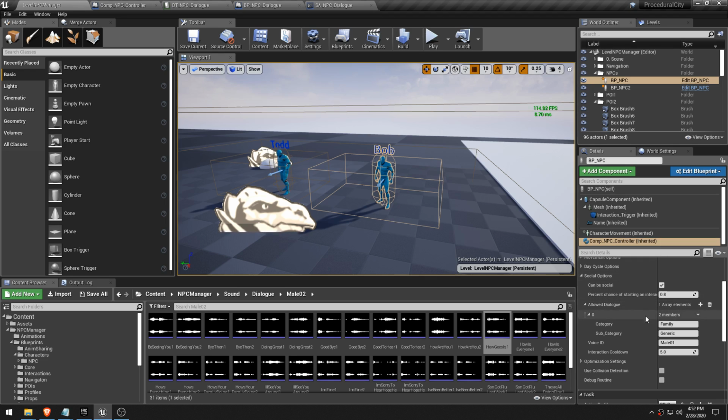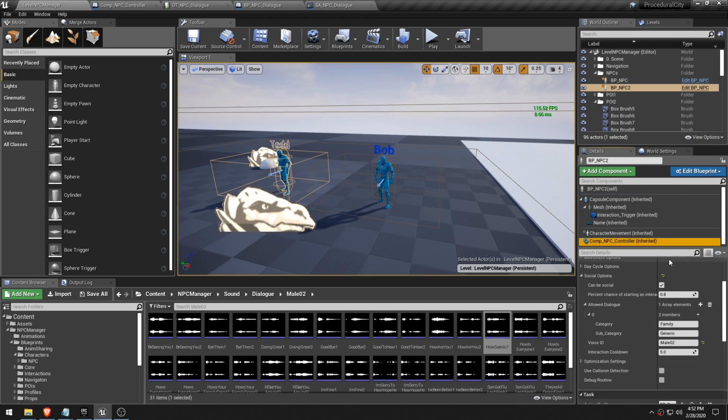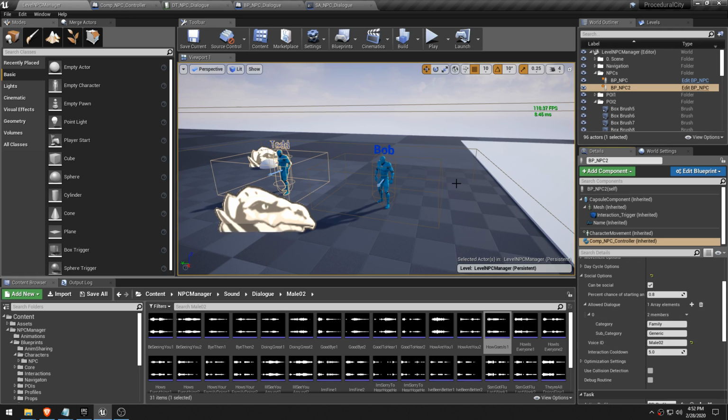And notice that I say the voice ID is male 01, because I'm basically saying Bob is going to use the voice of the male 01 actor, while Todd here is still going to have the exact same categories so they can speak to each other, but Todd is going to have male 02, which is the squeaky voice where the pitch is higher. So again, they can still have a conversation and say the same thing, but they have different voices. For a female, which would be great to have for testing, you would create a different voice ID. You would have the same lines on the data table, and then the females would